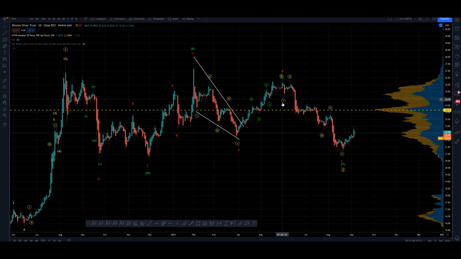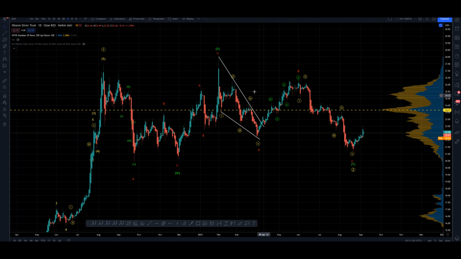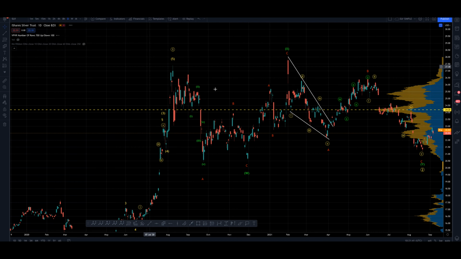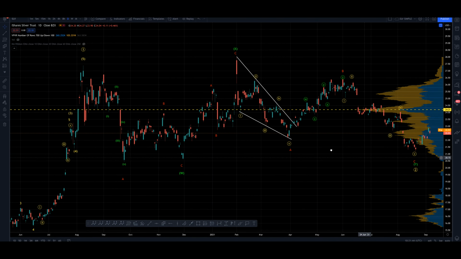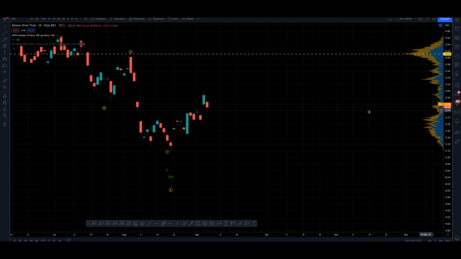So I can pick out 5 waves down here. Okay, so this could be an A leading diagonal into an A corrective double combination or triple combination into a B, and then a 5-wave move down in a C, giving us a zigzag with a diagonal and an impulse to finish as part of our Y wave, and now we should be bouncing higher if this is correct. So that's really it, there's not much else to it. It's pretty simple. Like I said, there's not much digging out of the count we can do here on the silver chart. It's just a little too messy.